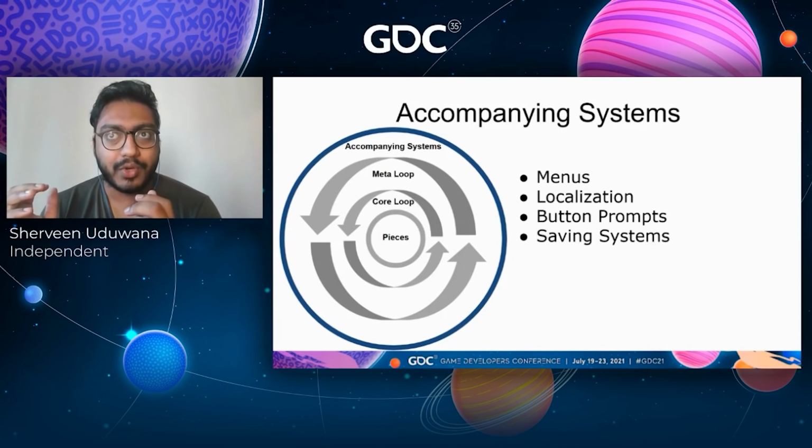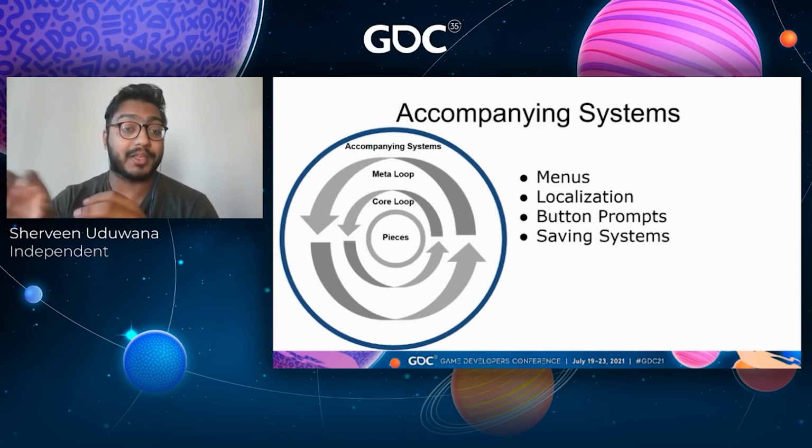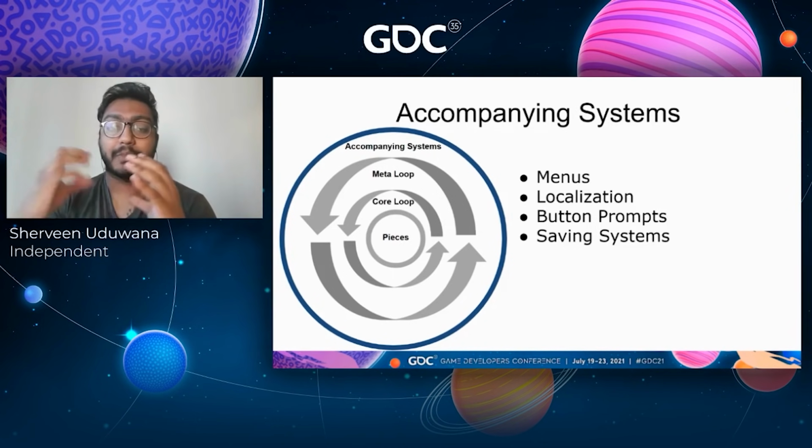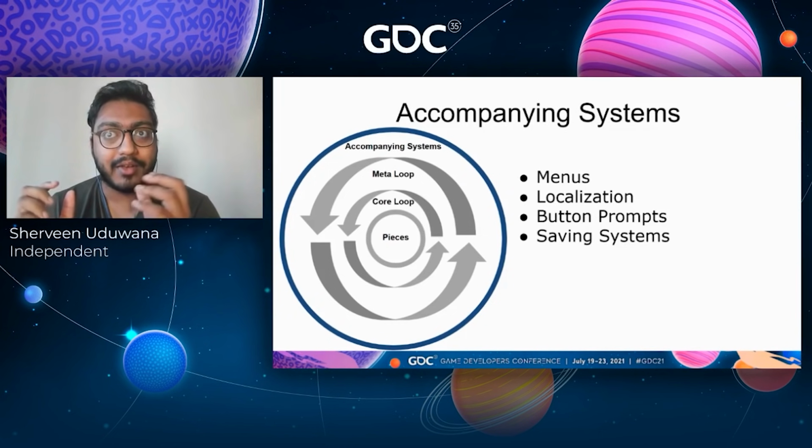And when you're thinking about games this way, right, it's really easy to swap things out. You can have a completely different meta loop on top of a core loop, which means that's how you're going to reuse a lot of these systems when you've identified these scripts and put them into place.